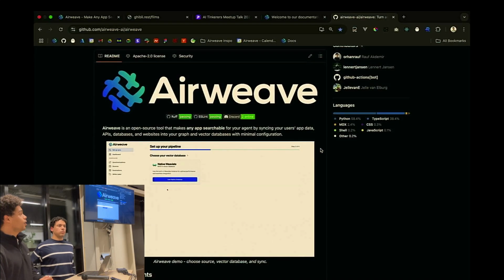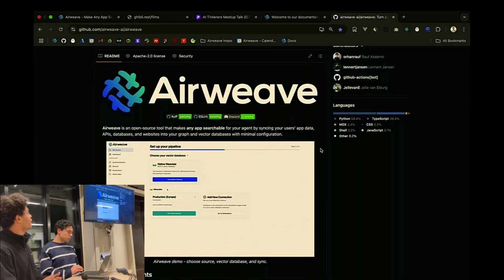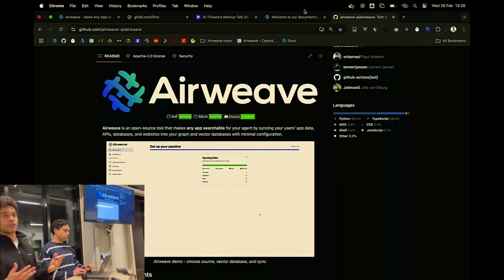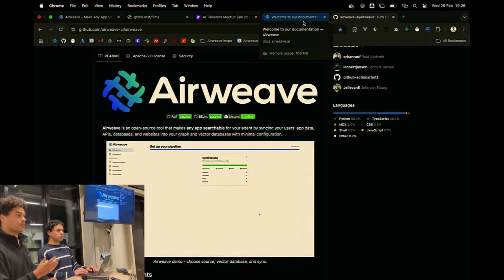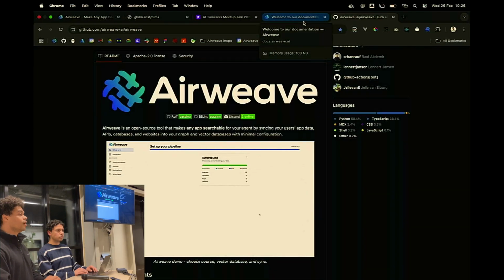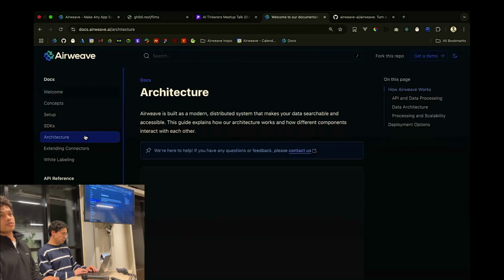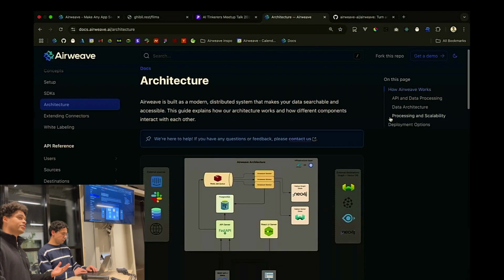And so this started as something that we were building for our own agent company to solve this data retrievability issue that we were facing. And we were kind of frustrated with the tooling or lack thereof and started building this as an internal solution, and that birthed Airweave. One of the major challenges that we faced and are facing, of course, is how do you